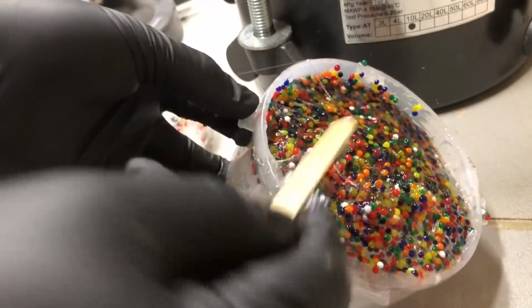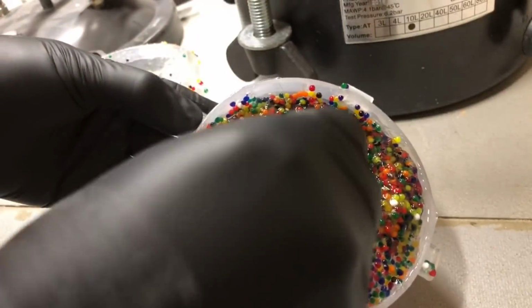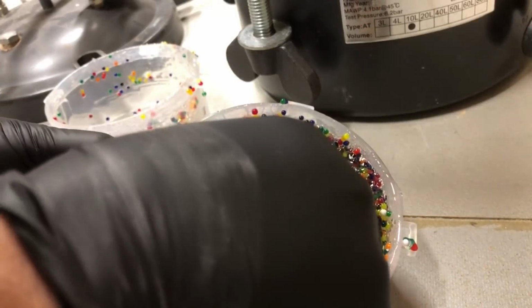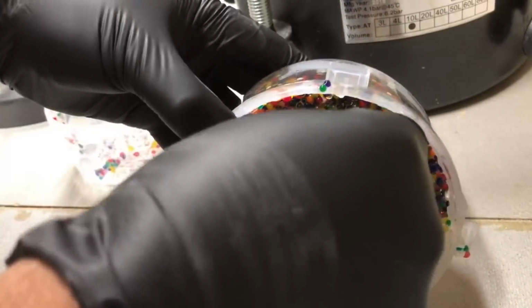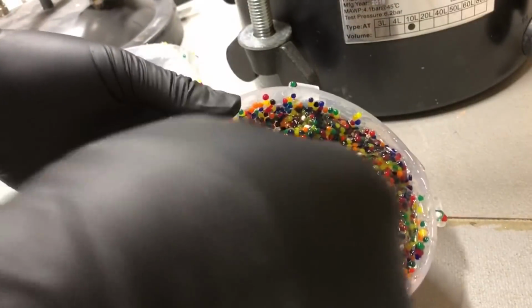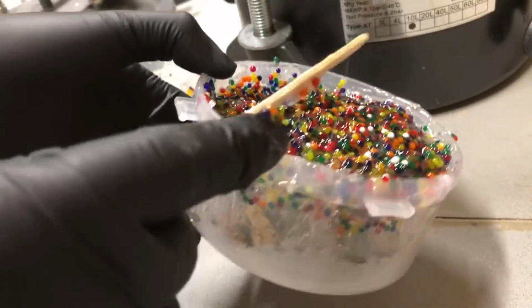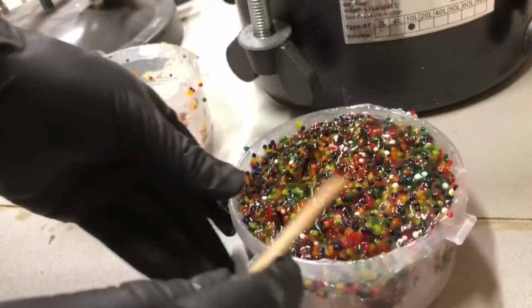I think that's probably about it really. Oh, look at that. Almost looks kind of edible, doesn't it? I don't really know how this is going to end up. Oh, had a bit of air in there, which I just popped out. There. What have I done? Oh my god. Okay, so